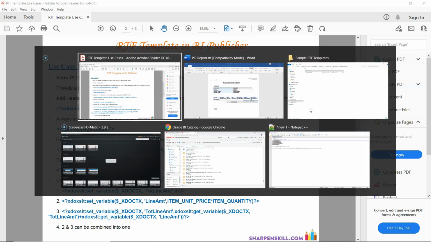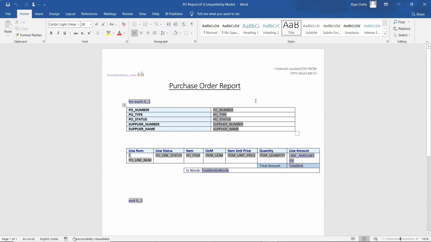So the final report would look like this, where the header will have the company logo and the date and time when the report output is generated, then a report name, then the form layout for the purchase order header, because we are going to consider purchase order for this use case. Then we will have the lines pertaining to that purchase order,